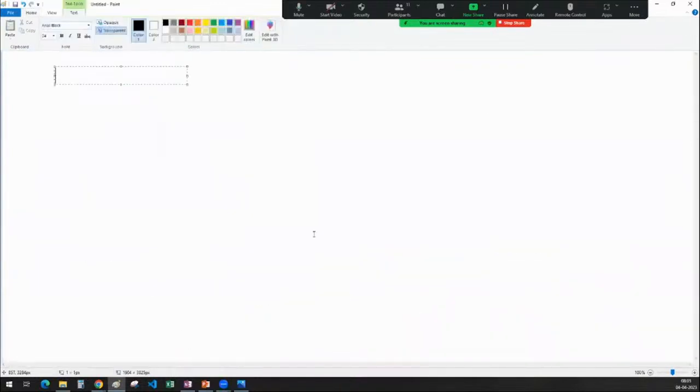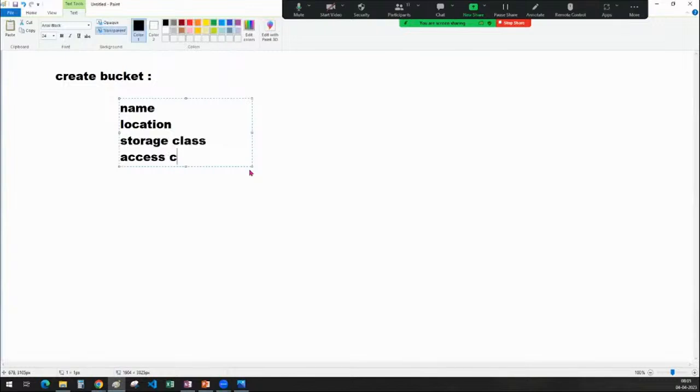When you want to create a bucket, you have to give a proper name to the bucket, and you have to select the location of the bucket, and you have to select the proper storage class for the bucket, and we have to select the access control, and we have to select the object versioning and retention policy. Tomorrow we will see all of these concepts while we are creating a bucket,